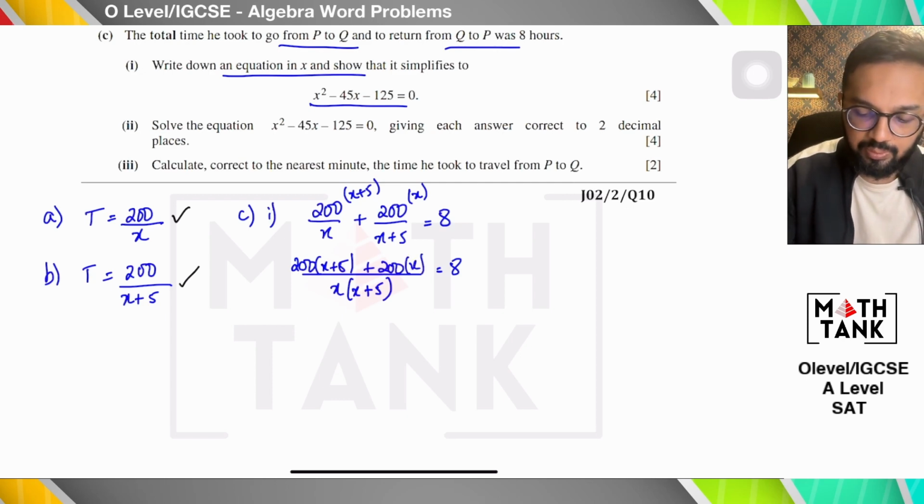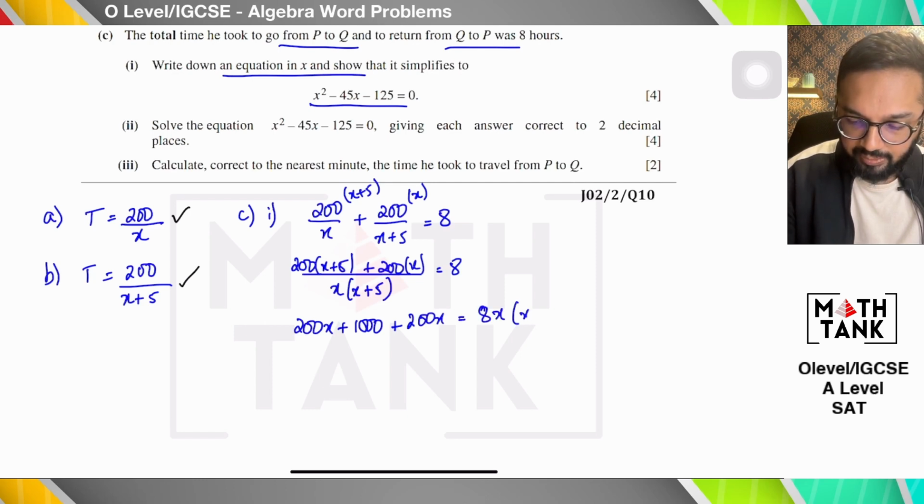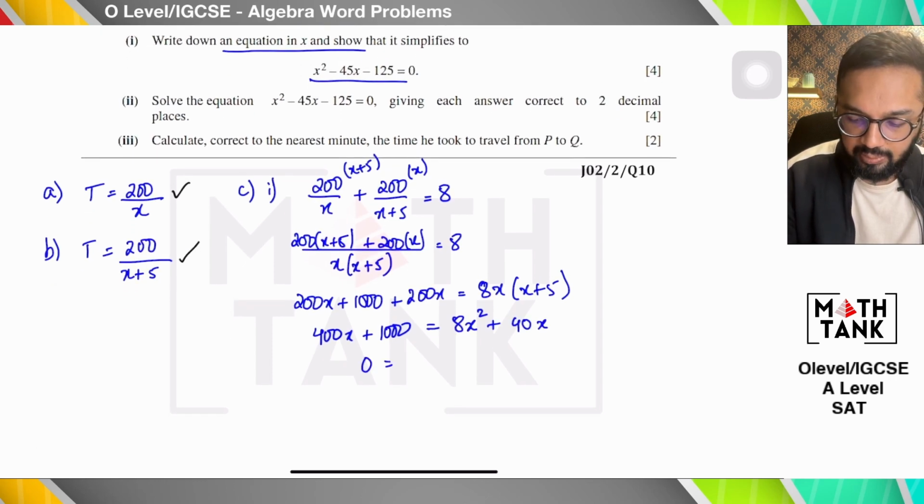So that gives me 200x plus 1000 plus 200x equals 8 times x plus 5. I cross multiplied this as well because I wanted everything in one line. So I have 400x plus 1000 equals 8x squared plus 40x. So I get 8x squared plus 40x minus 400x minus 1000, which is 8x squared minus 360